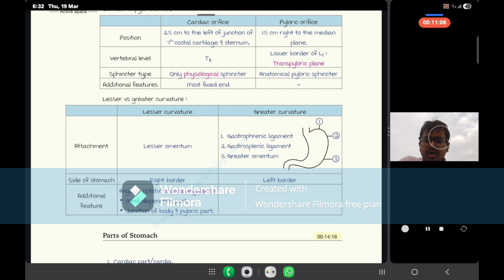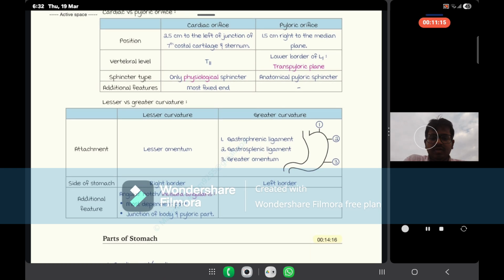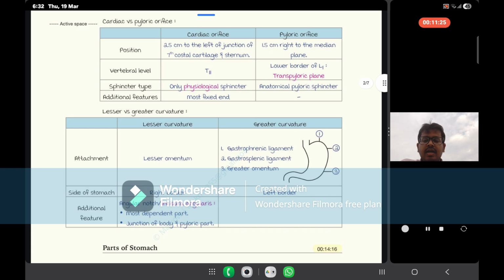So when we talk about additional features, we have the angular notch, also called incisura angularis, and the most dependent part. It is the most dependent part. Obviously, the lesser curvature has the dependent part,